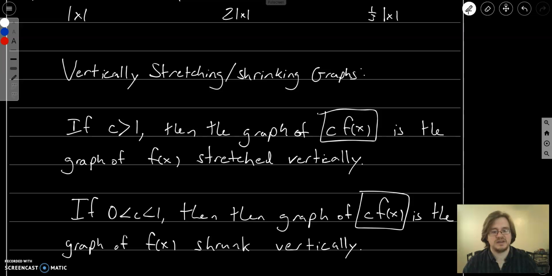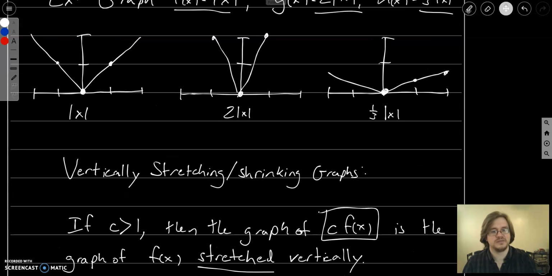When you multiply a graph by c, if we're multiplying by a number bigger than 1, we're stretching it. We're pulling it away from the x-axis. If we multiply our graph by a number that's between 0 and 1, we're shrinking it. All of the heights are going to get closer and closer to 0. So with 1/3, yes, we're pushing everything closer to the x-axis, but with 2, we're pulling everything